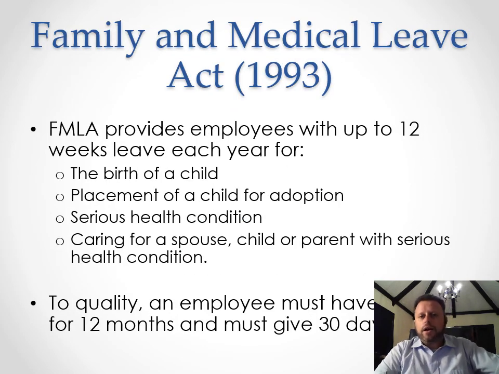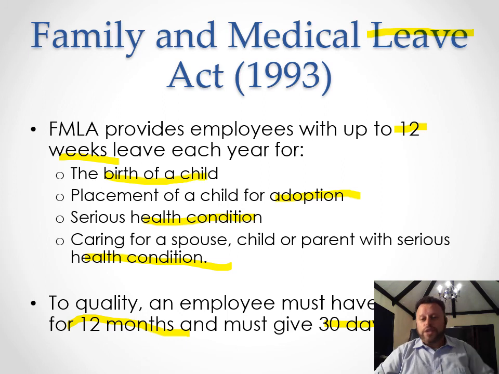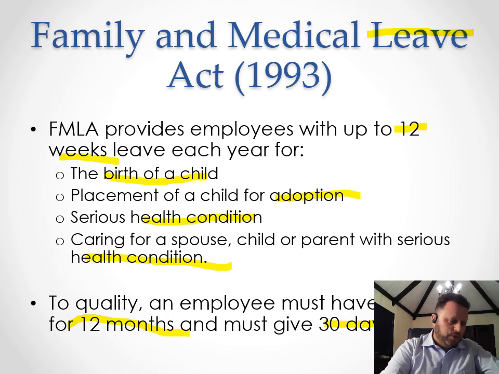Next law is the FMLA in 1993. And this created some additional rules for people who want to take a leave, take time off of work, for the birth of a child, for an adoption, for a health condition, for somebody in your family who has a health condition. And this allowed employees to take up to 12 weeks for any of these things, but you had to work for 12 months and you had to give 30 days notice. So this just expanded the rights of people. There are statutory rights. We talk about that much more in law class, but there are statutory rights that employees have, and the FMLA expanded those.